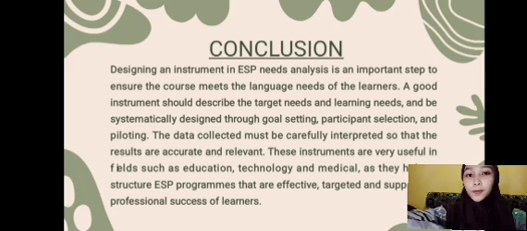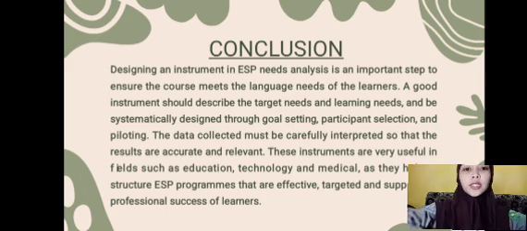Alright, before closing the presentation, allow me to deliver the conclusion of the material on designing need analysis instrument that we have presented. So, designing an instrument in ESP need analysis is an important step to ensure the course meets the language needs of the learners. A good instrument should describe the target needs and learning needs and be systematically designed through goal setting, participant selection, and piloting.